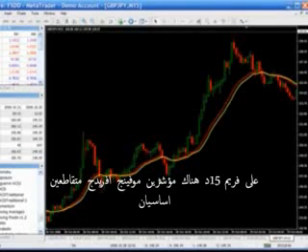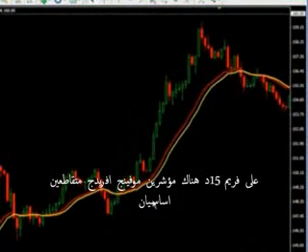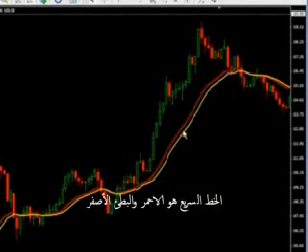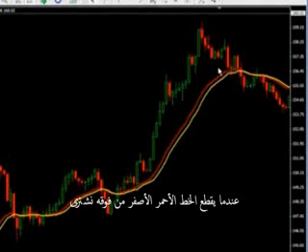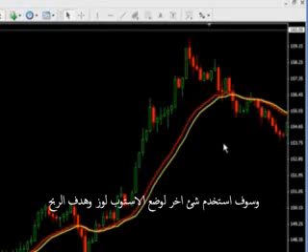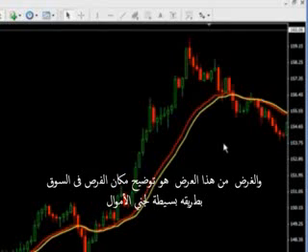On this 15-minute chart, I've thrown up two moving averages. This is just a simple moving average cross, very basic. I'm using this as my indicator, more or less, to see the momentum of the market. The fast line is the red line, and the slow line is the yellow line. As soon as the fast line crosses above the slow line, I want to buy. As soon as the fast line crosses below the slow line, I want to sell. Now, I use a lot of other things for stop losses and profit targets, but the purpose of this presentation is just to show you the opportunity in the marketplace